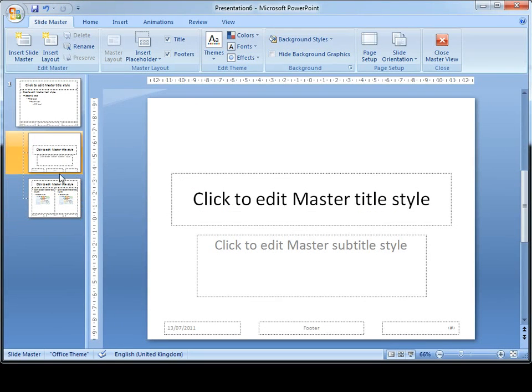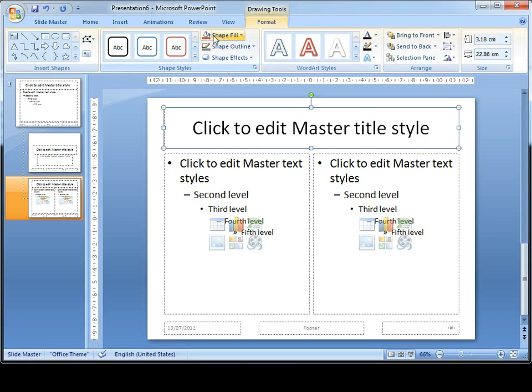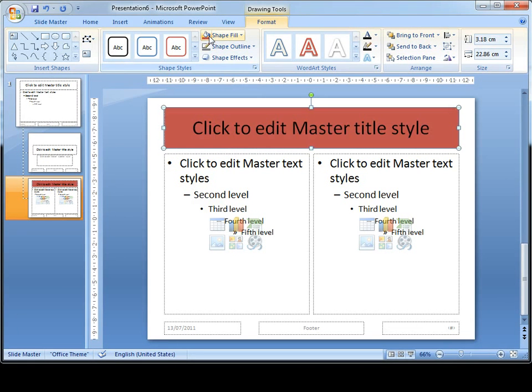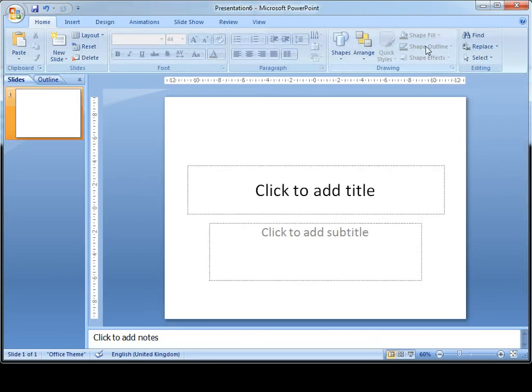Now, what I could do is make changes to these two slides so that every time I use one of these sorts of slides in my main information point, it will have the same settings. Here's what I mean by that. If I go to the Two Content slide and I make a change such as I have the background of the title in red, like that. If I then go to the Slide Master ribbon and close the master view, this is my final presentation, my final information point,